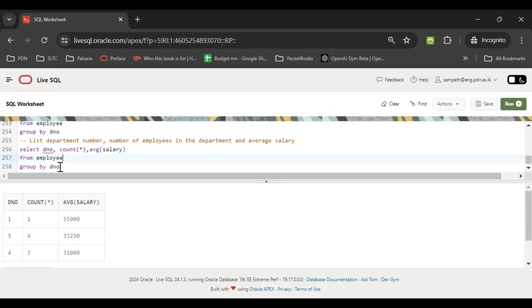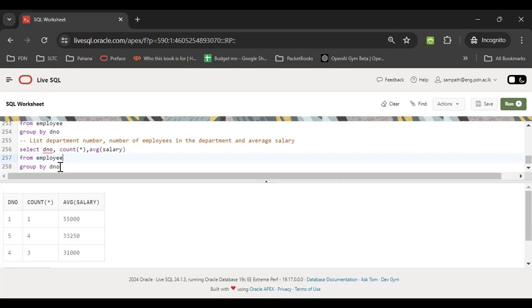So that is also possible. For example, when you have the values that you want to apply, then you can use the grouping and then you can have a list of attributes. For example, let's say we want to get project number, project name, and number of employees who work for the project,